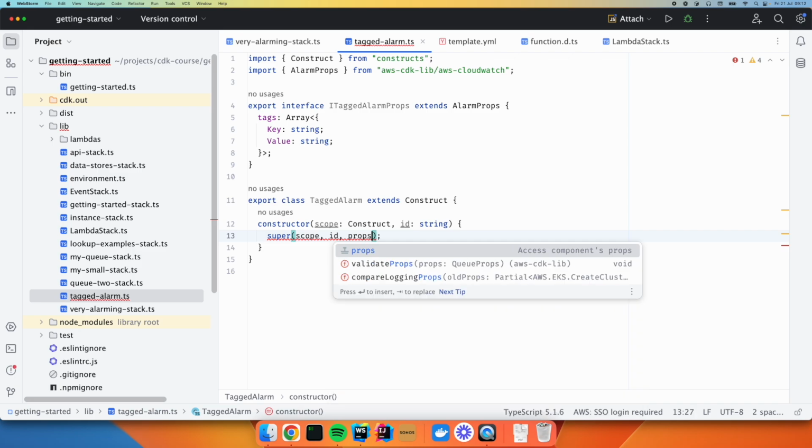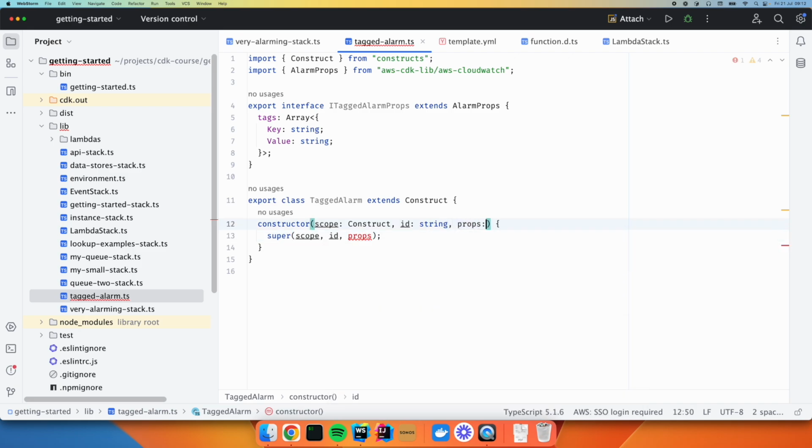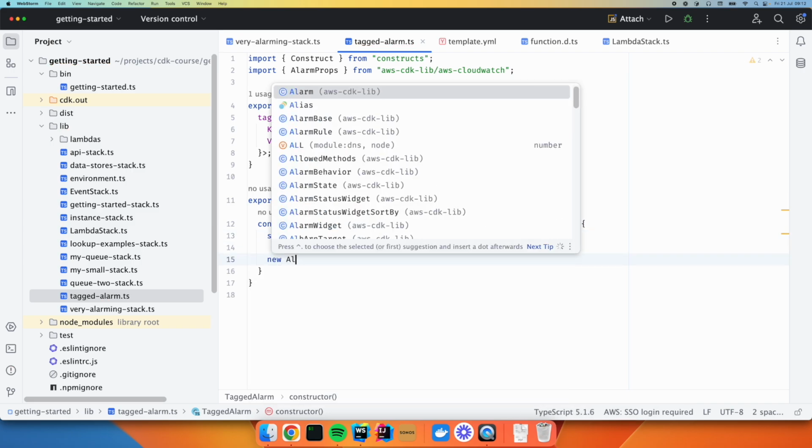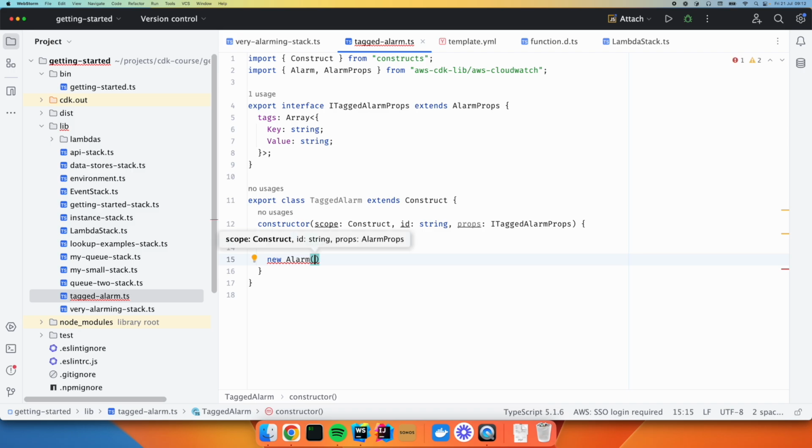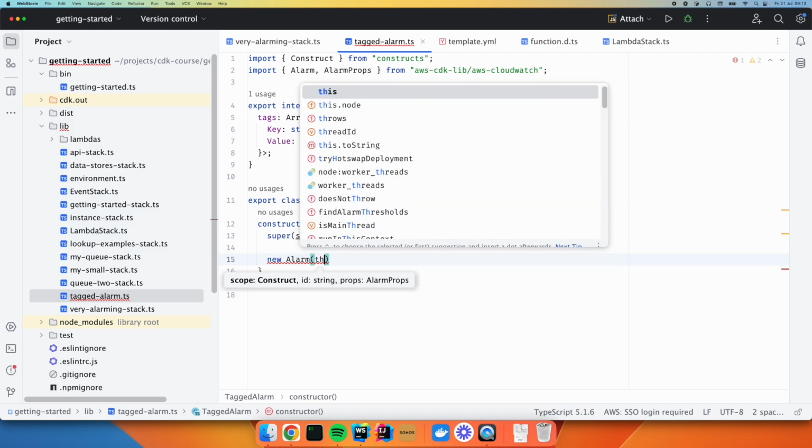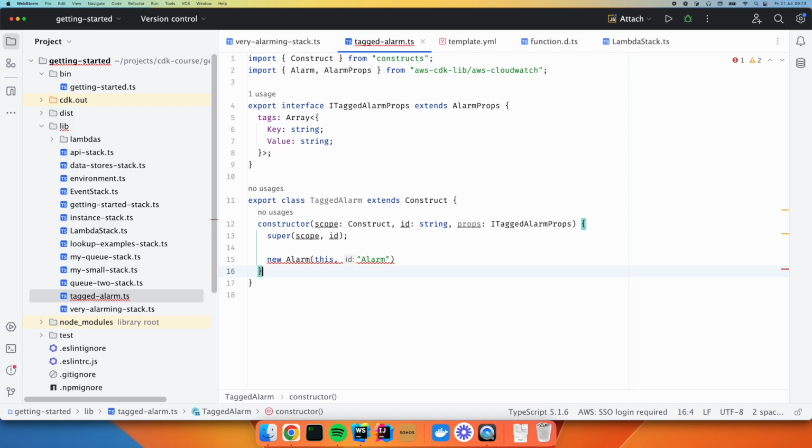Scope, ID, props. And let's have props to be the ITaggedAlarmProps. And let's pass that to the parent in a construct. All right, and then we're going to make a new alarm, attaching it to ourselves. We'll just call it alarm, and we're going to pass in the props here. We could remove the tags field from this object if we like, but I'm just going to leave it in there for brevity here. All right, we've got our alarm, and now we want to do some tagging, and we're